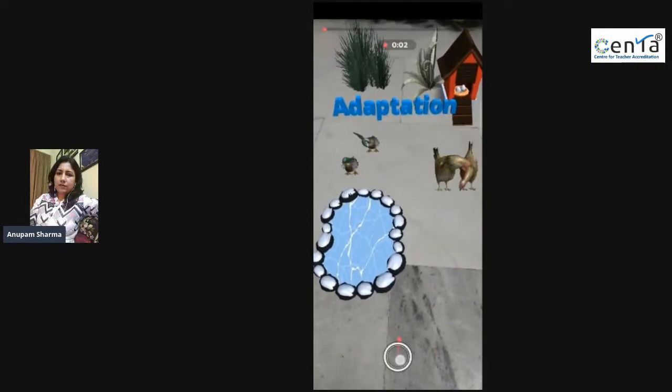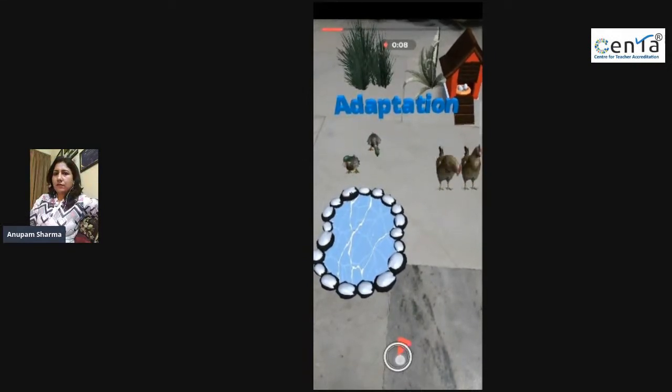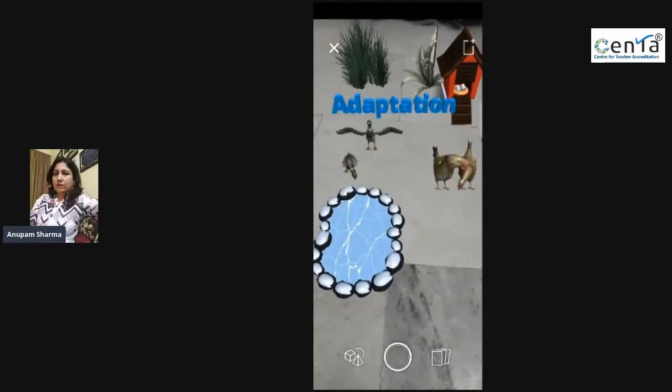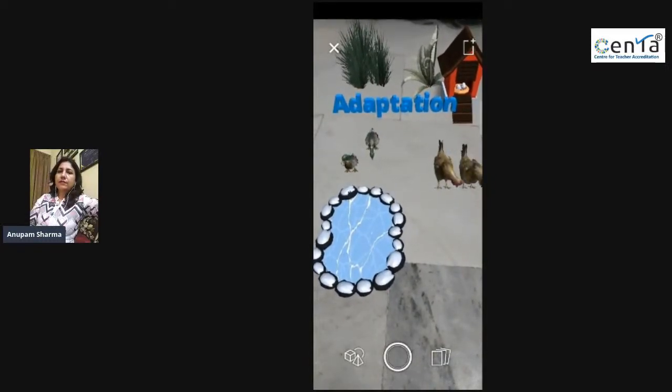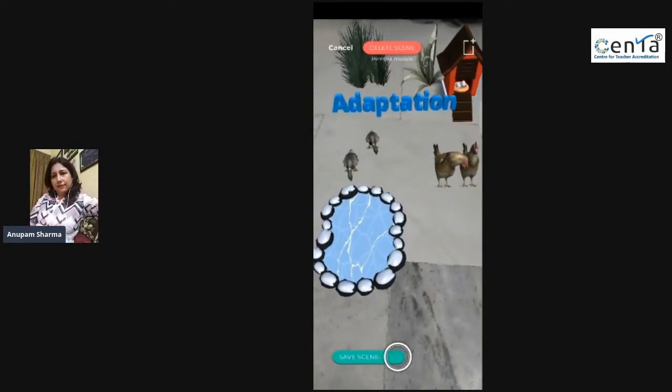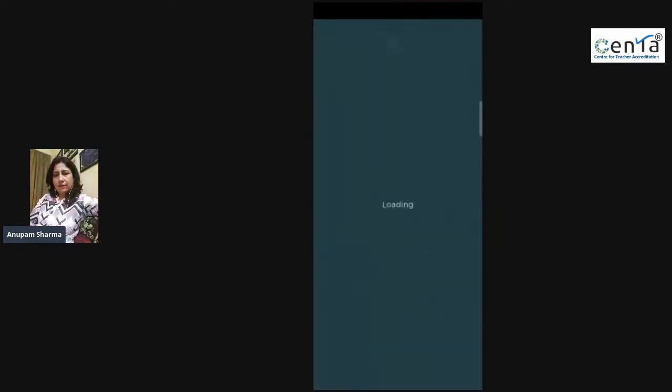Now the recording button, as I told you, we click on the center button and we hold the button and you can record up to 1 minute. Here the recording is saved in the gallery itself. And the same way, when we click on the gallery, we can share the videos